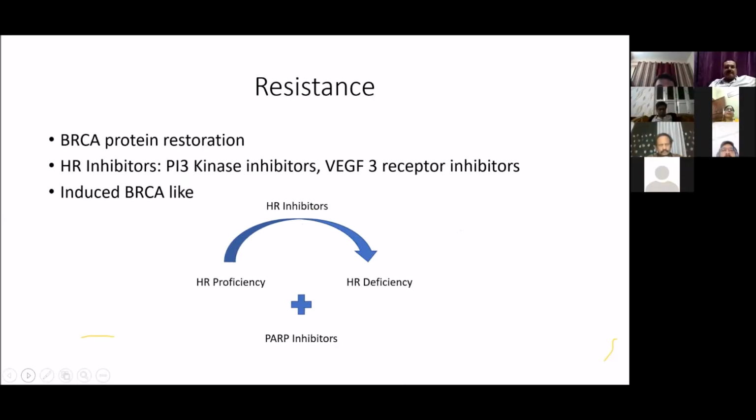another concept, which is, if we can inhibit the HR pathway in patients who have restored or who have developed resistance to PARP inhibitors, we can also induce HR inhibition in normal patients. In any breast cancer patient, we can induce HR inhibition. So this would be a state of induced BRCA-ness. So the reason to do this would be that each and every patient can take advantage of PARP inhibitors. This is a future avenue under research right now. No such drug has come out, but it's an active area of research.